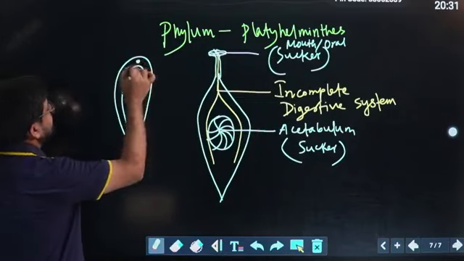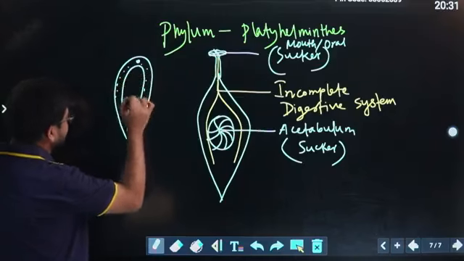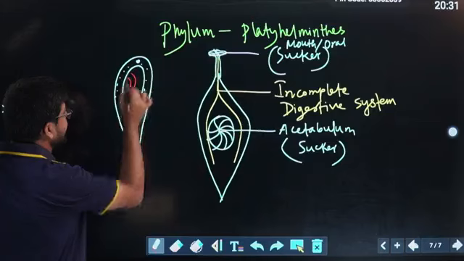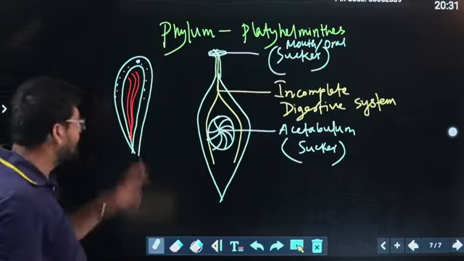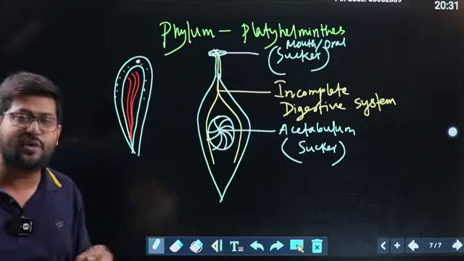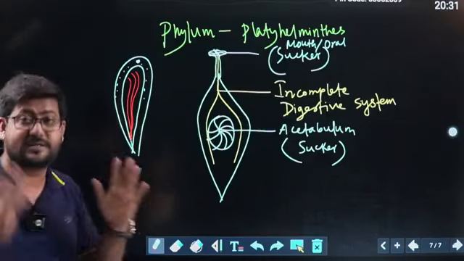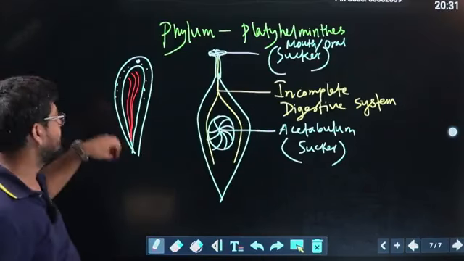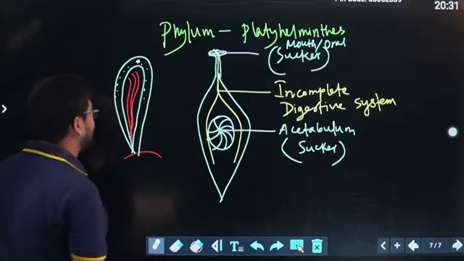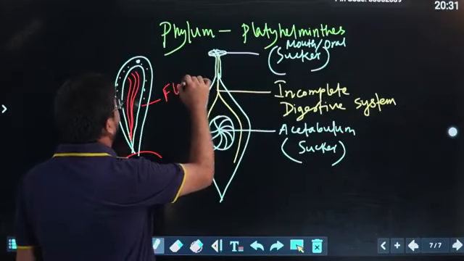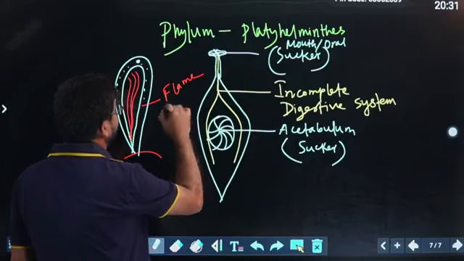Why is it called the flame cell? As it is a cell, it contains a nucleus, cytoplasm and sac. Everything is right, but it also contains some flagella inside it, and these flagella vibrate in a way that you can think of a candle flame flickering. For that reason it is called the flame cell. So the flame cell is also a good characteristic for this group of animals.